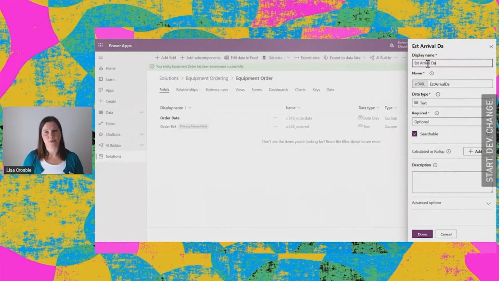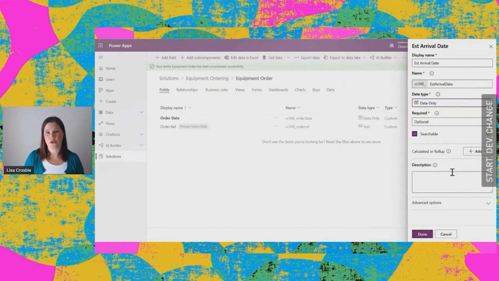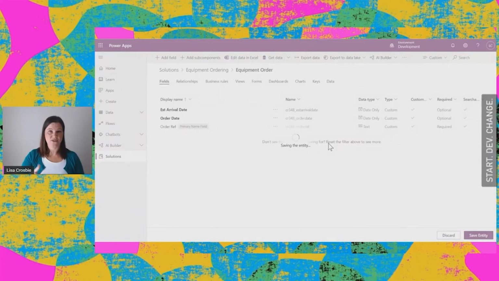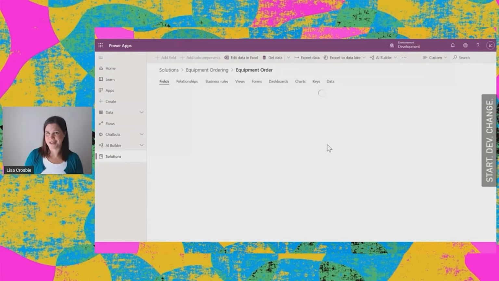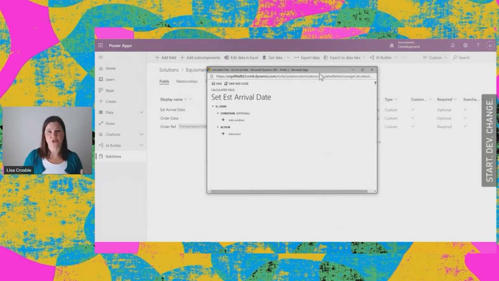Now, this is an example of business logic in the Common Data Service because I'm going to create what's called a calculated field. So this is going to take something else that's in the system, and we're going to create a calculation here so that we say the estimated arrival date is always 14 days after the order date. Now, that's super simple. Obviously, you can expand on that. You could put in different lead times for different types of equipment, different types of rules.